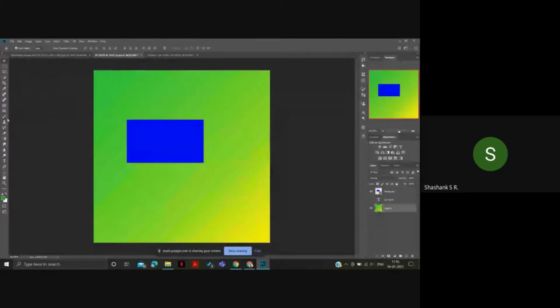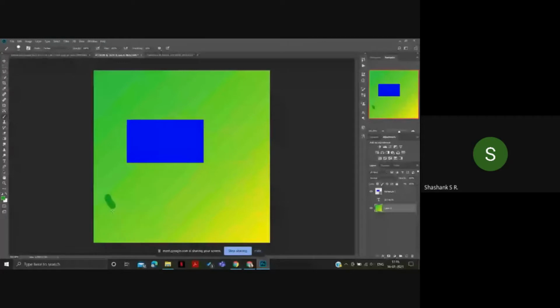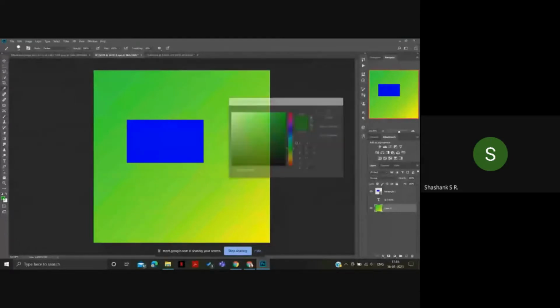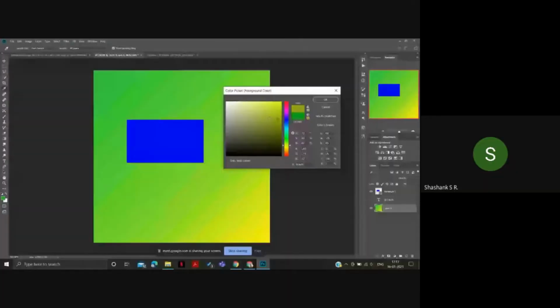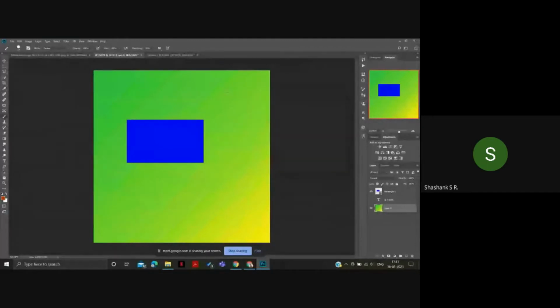And then this is the brush tool and the pencil tool. You can use this to color or paint or draw, to do whatever you want. Then, in order to change the color of this brush tool or whatever tools you want, just left click on this, and then you'll be able to see the color window. You have to change it to whichever color you want to draw. Then you can draw whatever you want.